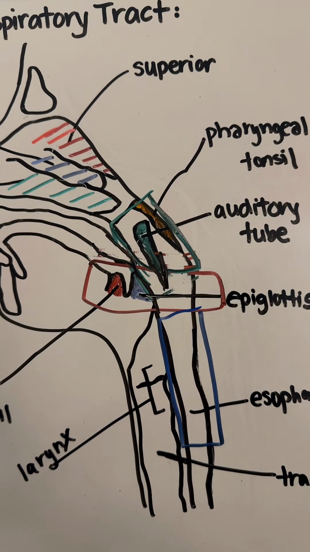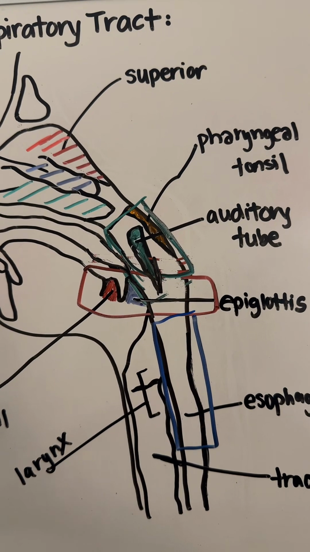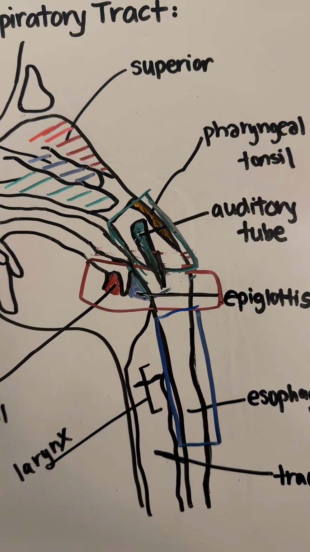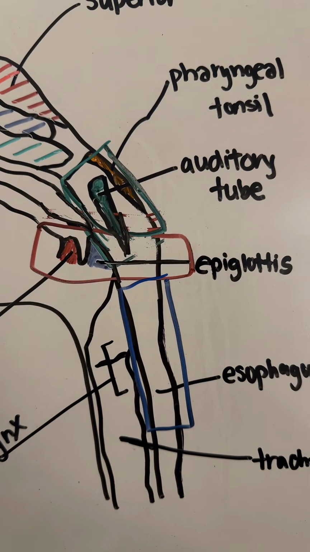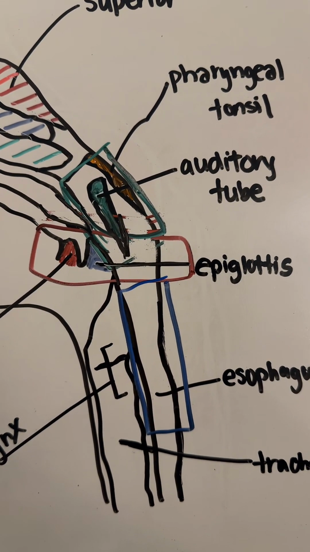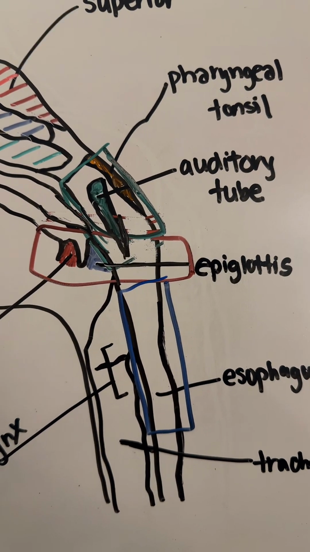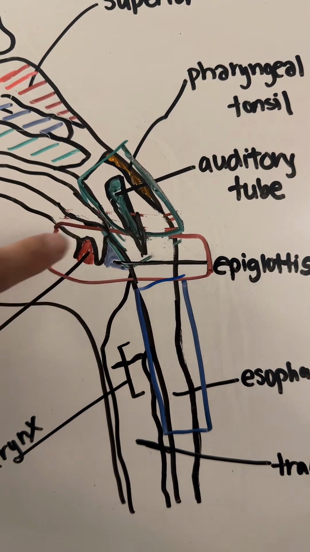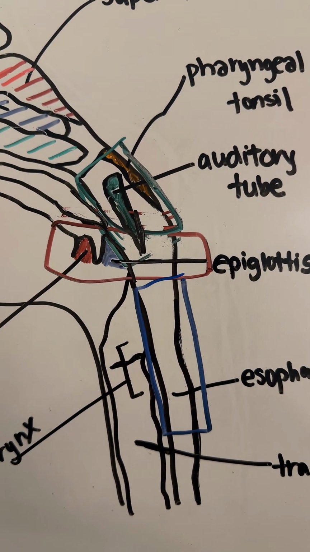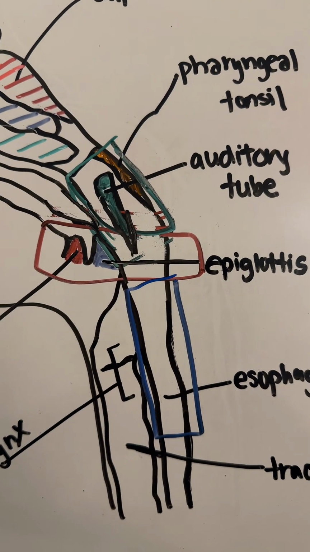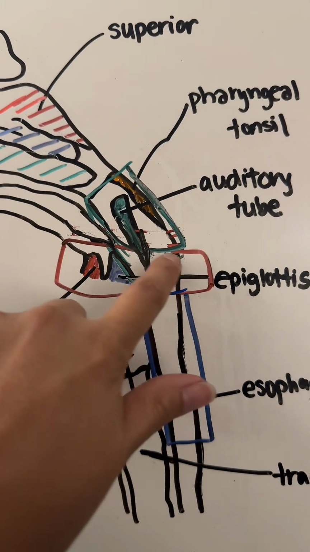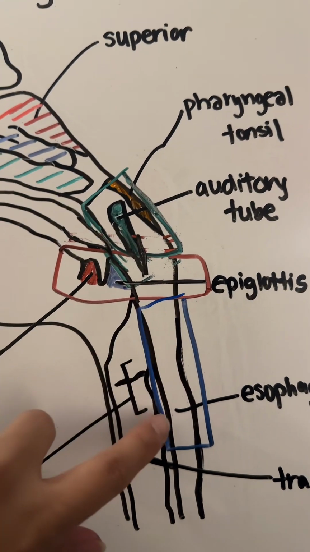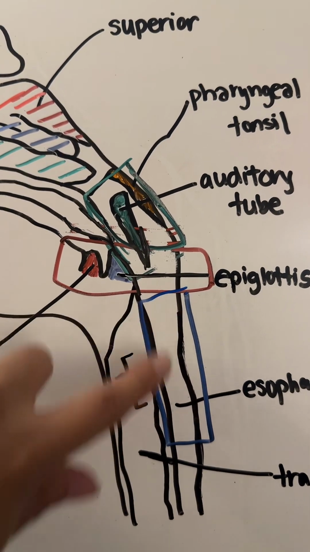After the nasal cavity, we have the pharynx, and the primary function of the pharynx is to carry air between the nasal cavity and the larynx. There are 3 portions to the pharynx. First is the nasal pharynx, which I've outlined here in the green outline. And then we have the middle part, which is the oropharynx, which I've outlined in the red here. And then the last part of the pharynx, outlined in blue here, is the